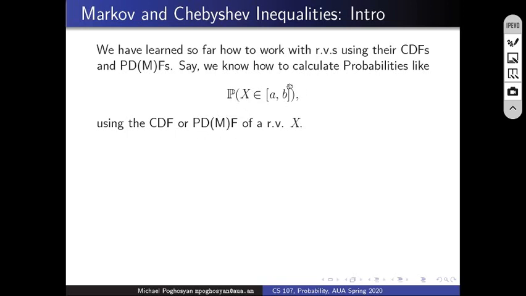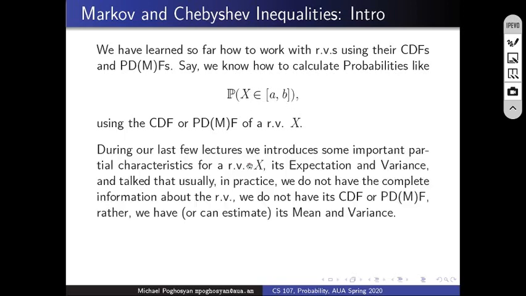Or we can calculate this probability if we have, say, the PDF. X is continuous and we have the PDF. Then to calculate this probability, we will integrate the PDF from A to B, and we will get this probability. Now, also we have talked about the following, that in practice most of the times we do not have